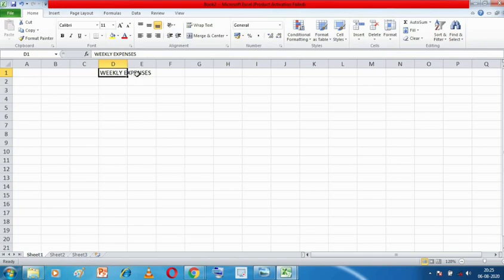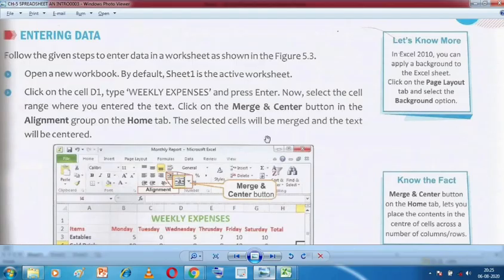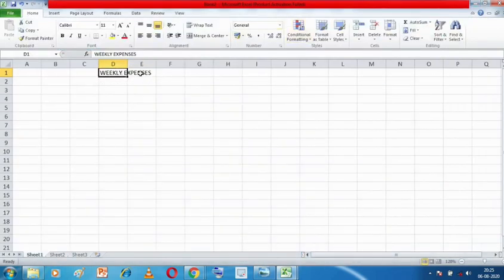So what they are saying is, select the cell range where you entered the text. That means this text is covering D1 and E1, so you have to select both. Using the Shift button you can select both: press on D1, press Shift, and then click on E1. Now this range has been selected.